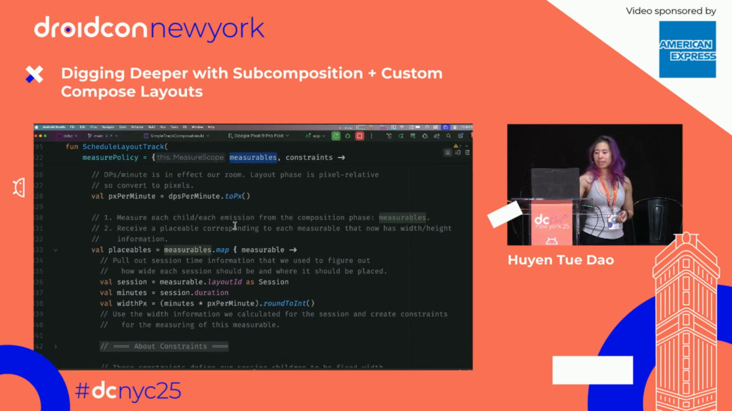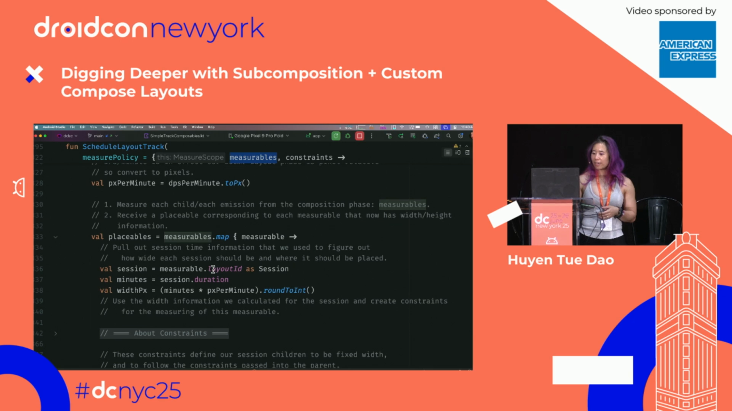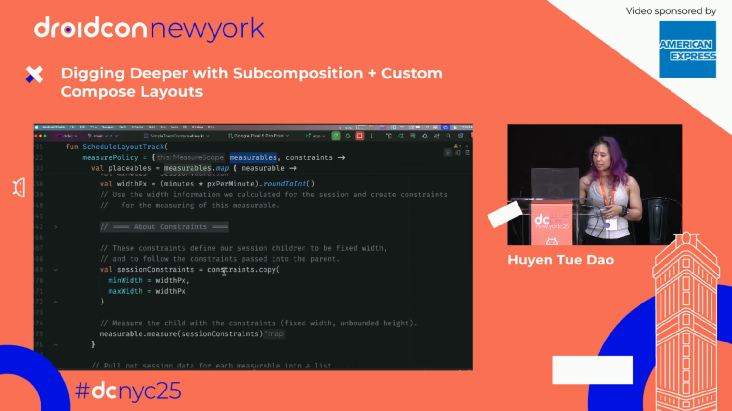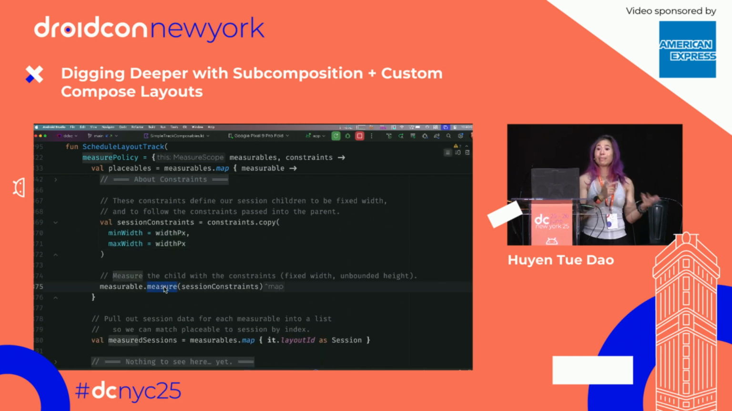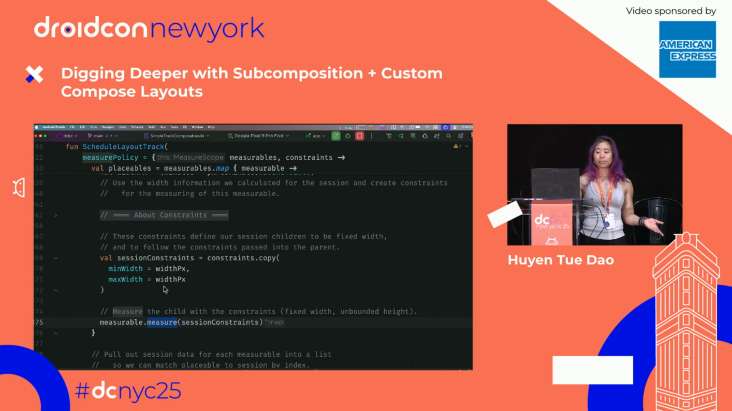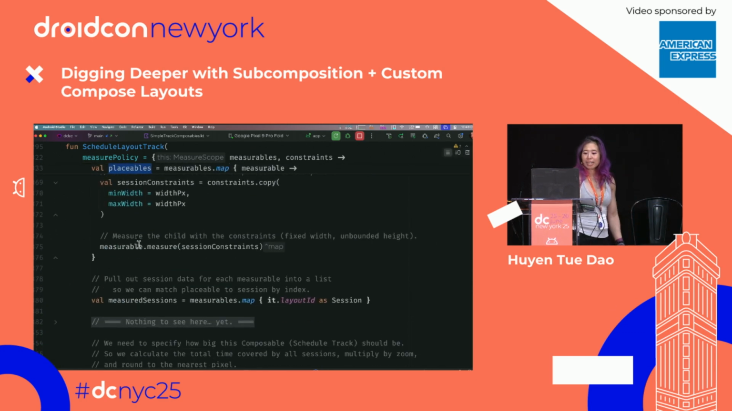And so usually what you do with a custom layout is you do some calculations, figure out how big you want them to be. There's a lot of math in here with time. And then eventually I'm going to build some constraints that allow me to set a min and max width or a fixed width, whatever works. And then I'm going to measure the measurable. What I get back from measuring a measurable is a placeable, and a placeable is something that's ready to be placed. And so way down here,